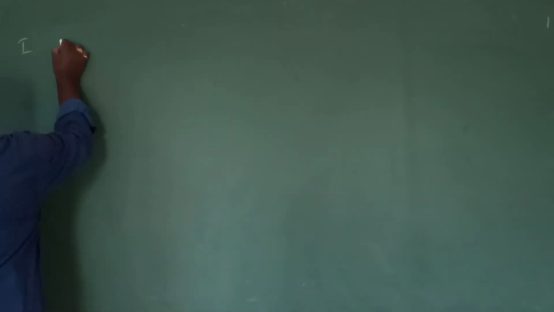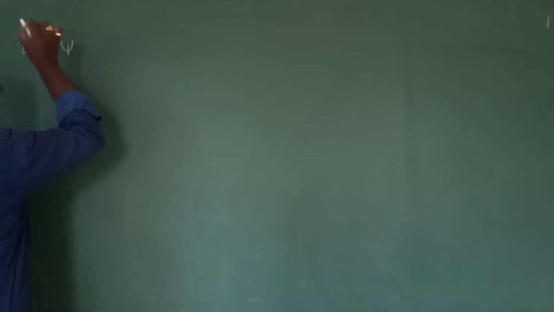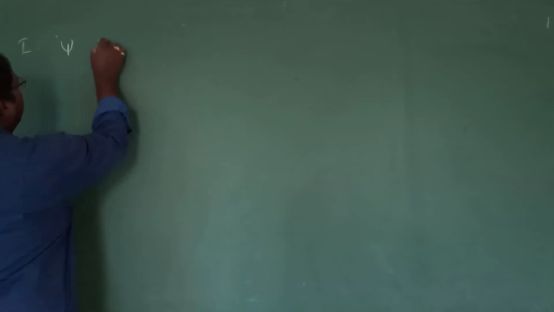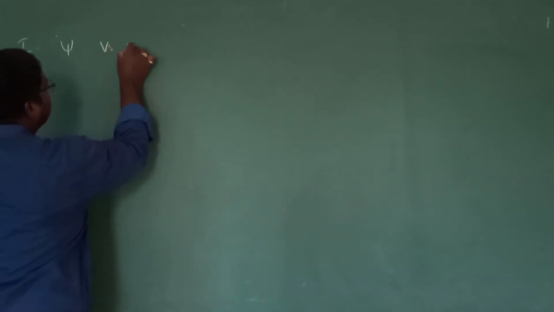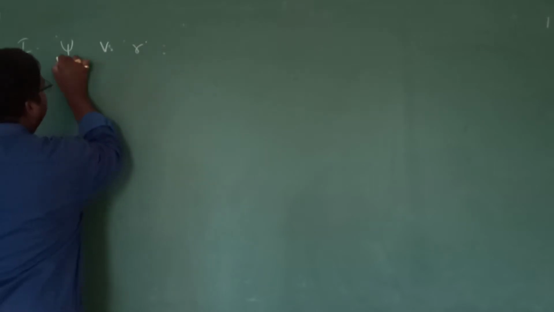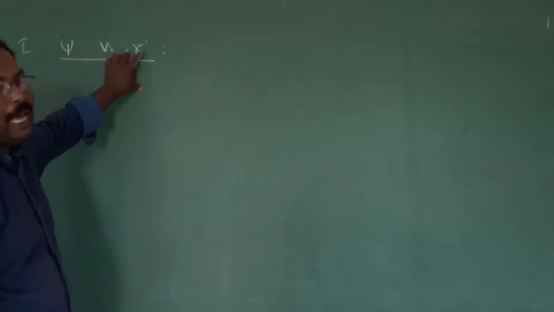These are the graphs drawn between psi. Psi is nothing but what? Radial probability versus R. Okay? These are the graphs between wave function or radial probability versus R. Okay? Now when we draw the